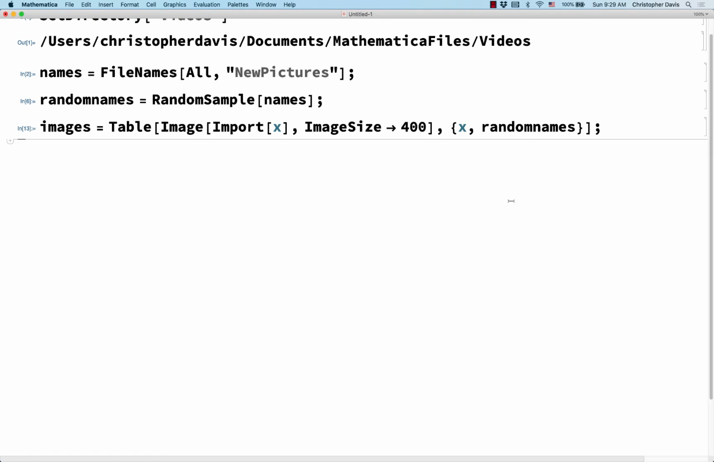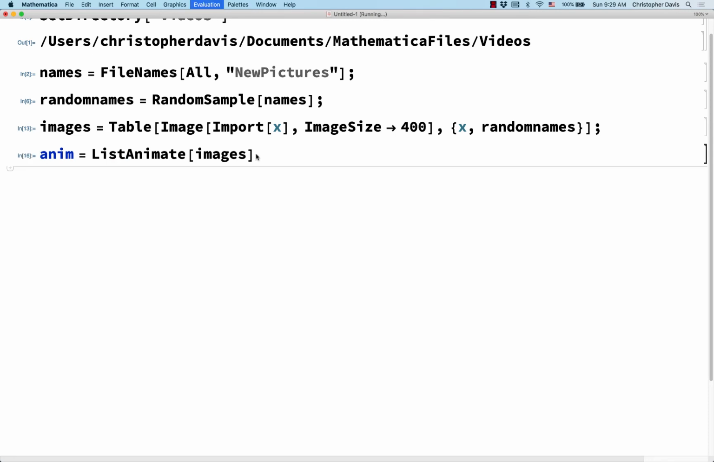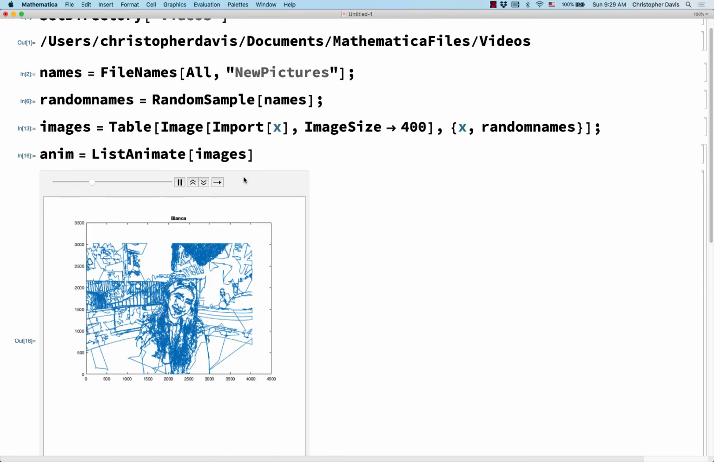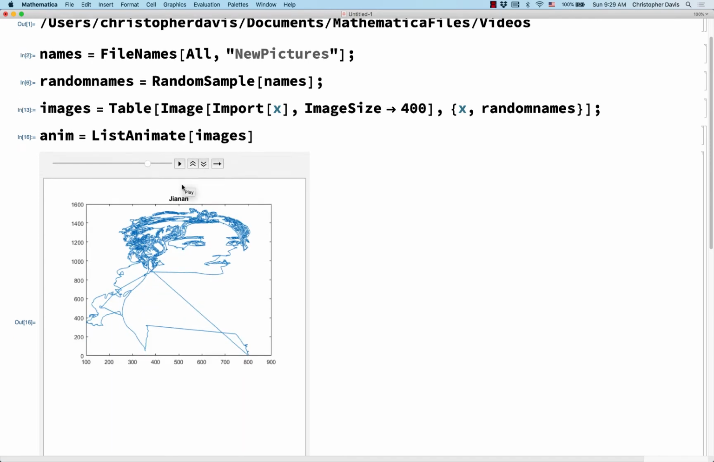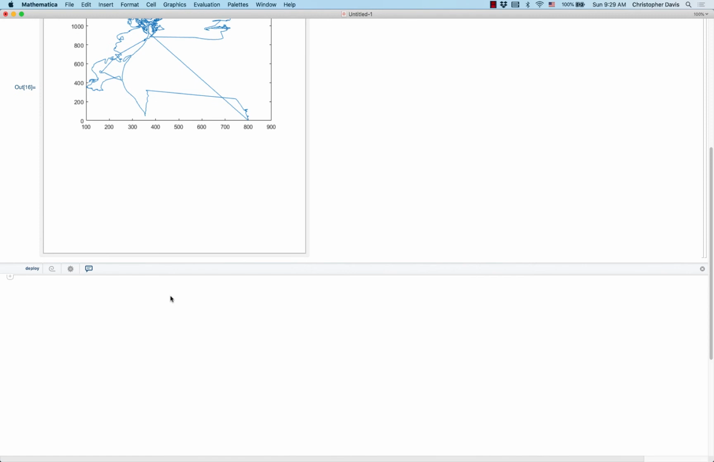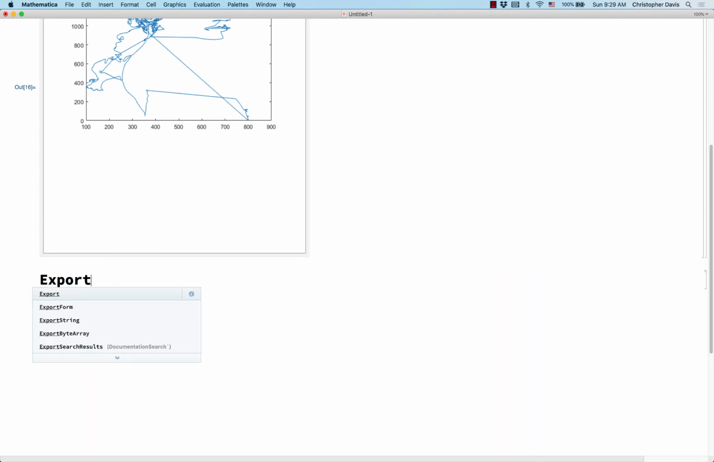Now let's put these into an animation, and I'm going to do that using ListAnimate. And let me name the result anim for animation. Okay, that looks like it's working. And now let me try to export this. So let me say Export, and